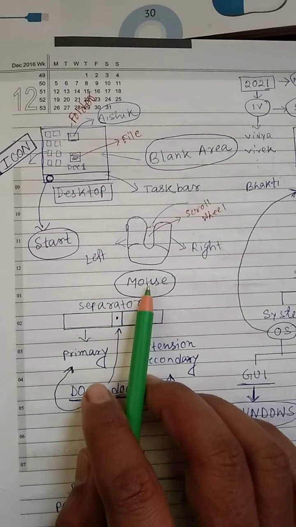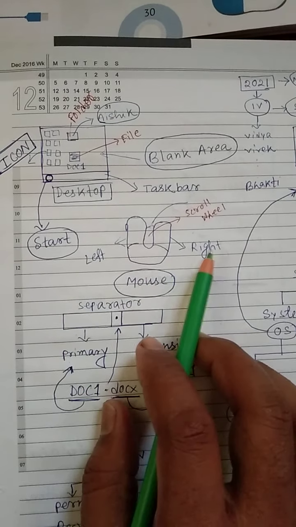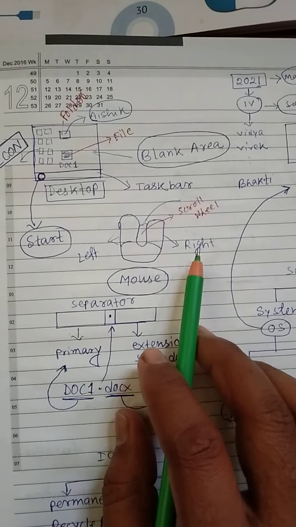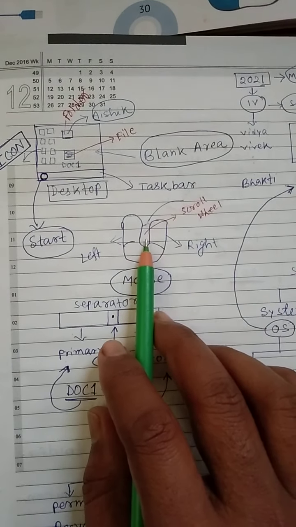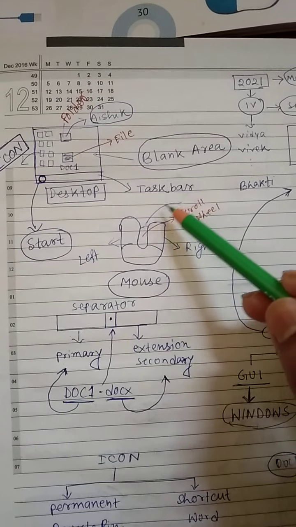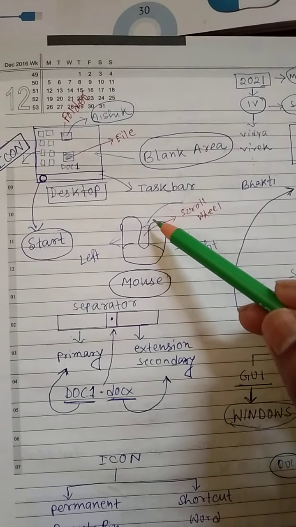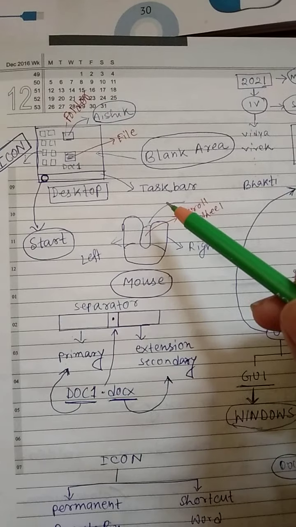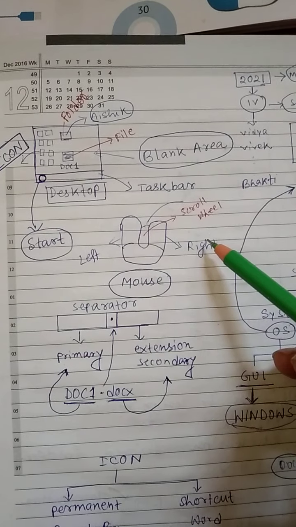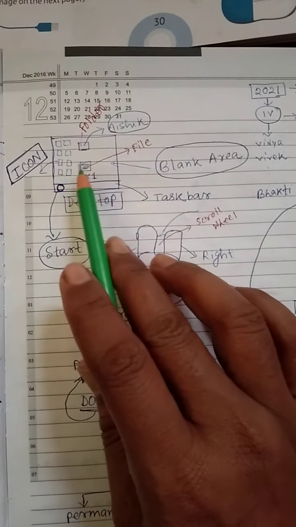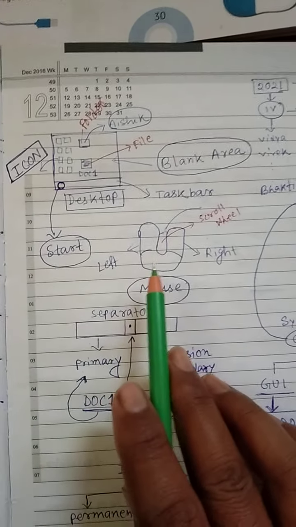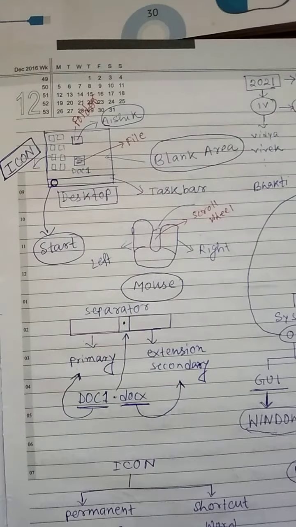Look at here, it is an example of a mouse. It has two buttons. On the very left-hand side it is called the left mouse button, and the right side is called the right mouse button, and the middle here is a scroll wheel. Look at here, it's a wire that is also called USB, Universal Serial Bus, that is connected to the central processing unit. Through the mouse, generally we control the desktop activity. So it is a pointing device, and it is also called an input device.